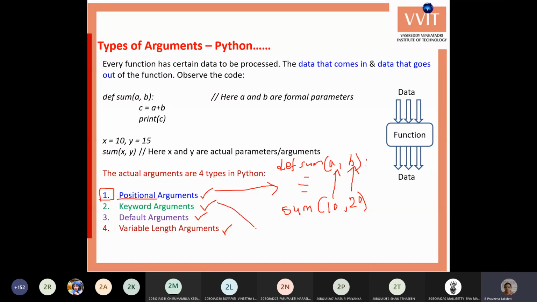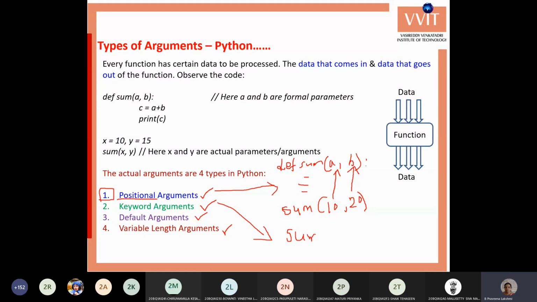Keyword arguments is when you specify the name of the variable while calling the function. Within the function call, we specify the argument name and then assign the value.